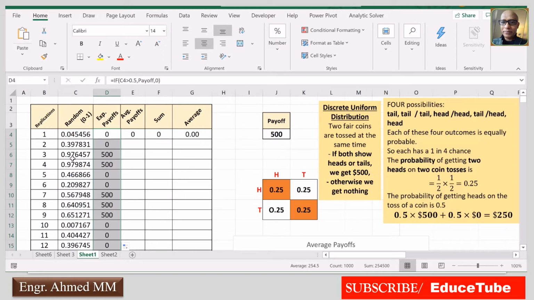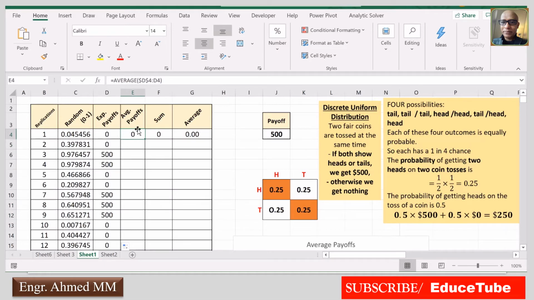See 0.97, it is greater than 0.5, that is why the value came. Again see, this is 0.4, it is less than 0.5, so no value, it is 0. Look here, 0.39, it is less than 0.5, not greater than 0.5, so it did not generate any value, it created 0, because of this if formula. And this goes up to 1000.